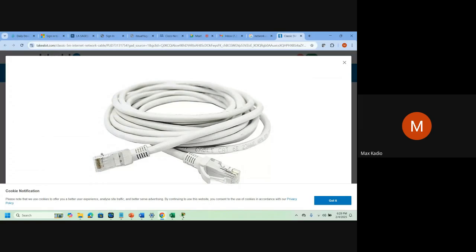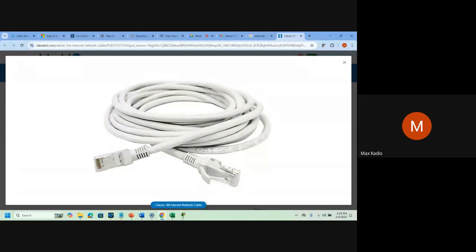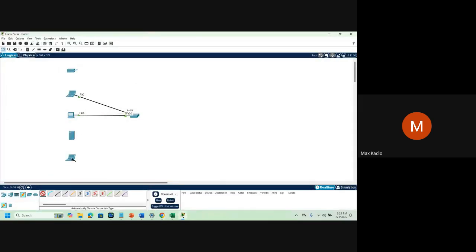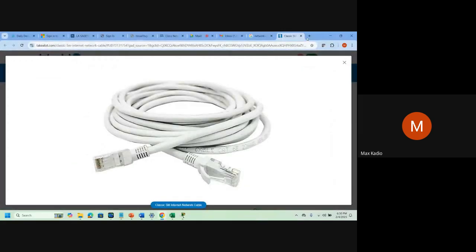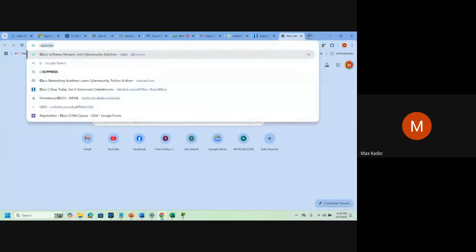One end will go to the network interface card of your PC, and the other end will go to your switch or your router. So this end you take, and the other end you plug to your switch. This is an example of a network cable, and I'm going to show you a Cisco switch.